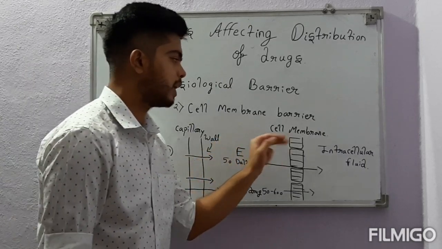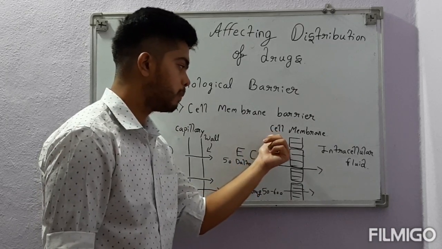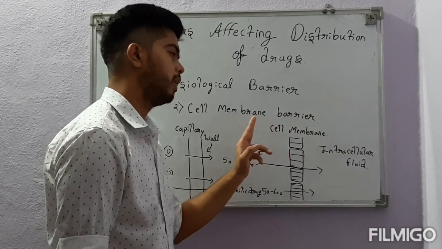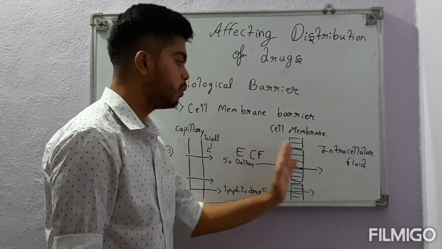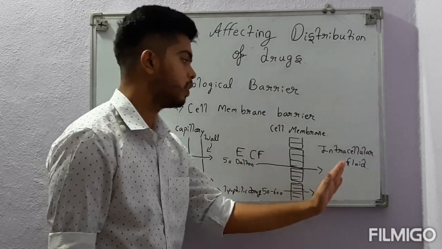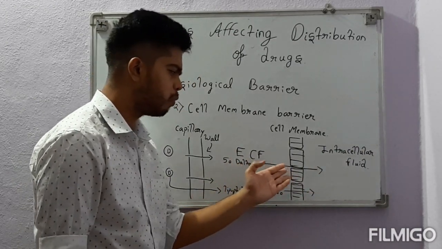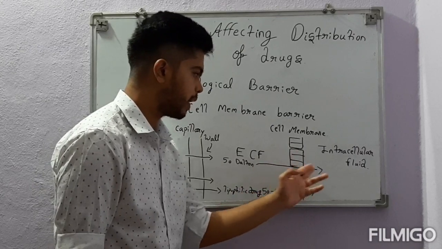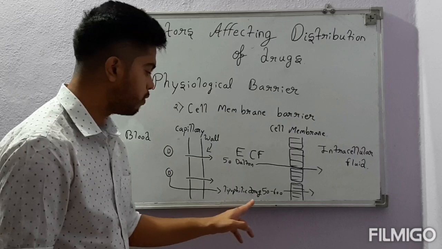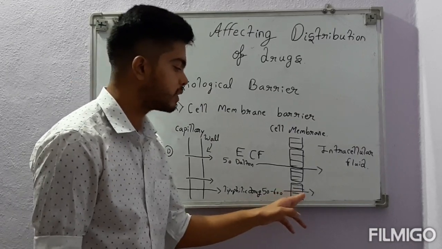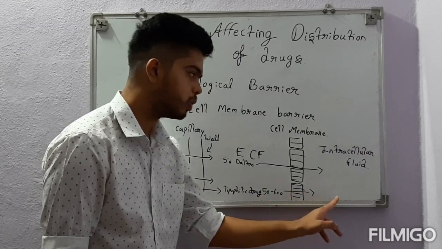Likewise, the cell membrane is permeable, but not highly permeable; it is selectively permeable in many ways. So it permits only a few components to pass through into the intracellular fluid. 50 Dalton can easily move through the pores of the cell membrane into the intracellular fluid. Lipophilic drugs can easily move via the cell membrane due to being lipophilic, and may get into the blood-brain barrier.